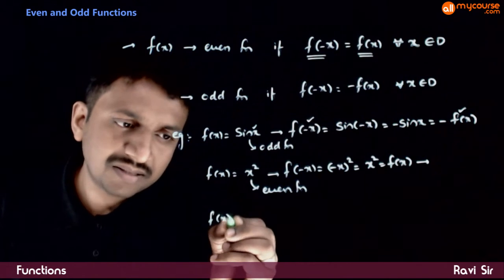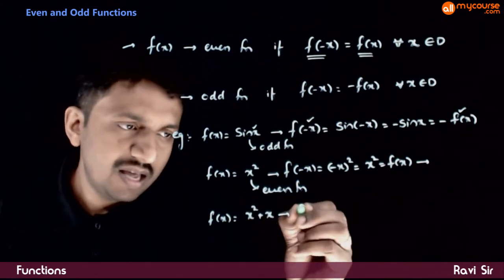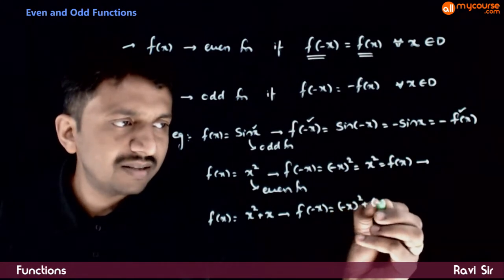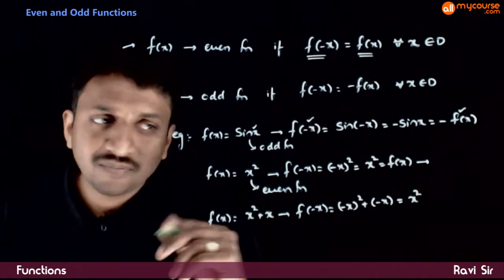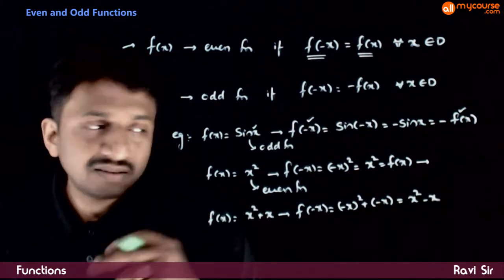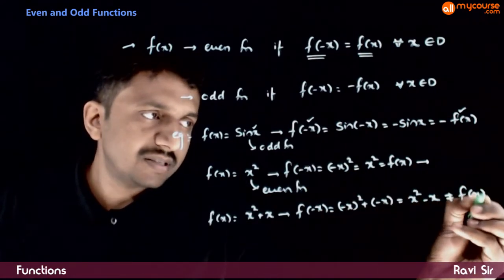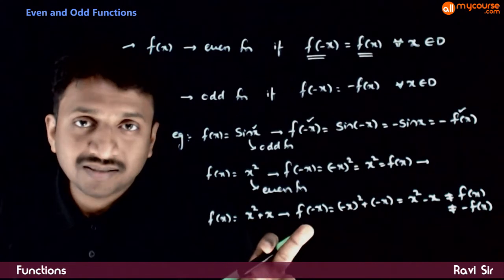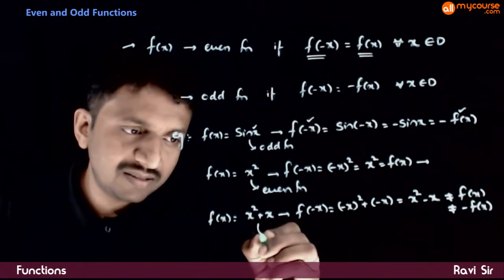So if you take f of x is equal to x square plus x, f of minus x is equal to minus x whole square plus minus x. Minus x whole square is x square, plus of minus x is minus x. So f of x is x square plus x, and f of minus x is x square minus x. This is not equal to f of x. It is neither equal to minus of f of x. F of minus x is neither equal to f of x nor equal to minus f of x. That means this function is